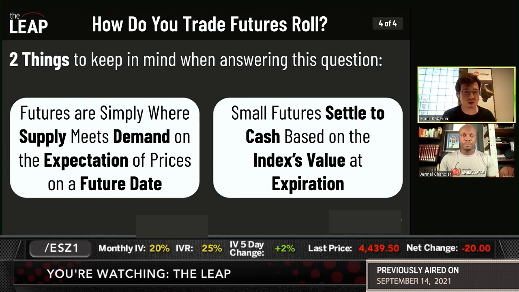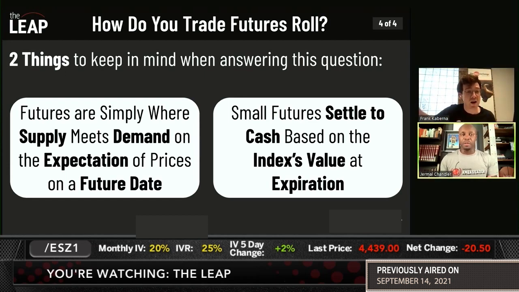Futures are simply where supply meets demand on the expectation of prices on a future date. So, pot stocks, for instance, say that index is priced at $10. The index itself is, for all intents and purposes, the spot market, where prices are right now. Now, say you have October futures. Let's even make it simpler. Say you have December futures on that product. The spot market, those pot stocks, are at $10. Spot market not tradable, just so people understand. Spot market, not tradable. Futures are tradable. Exactly. The futures on those pot stocks for December, say they're trading at